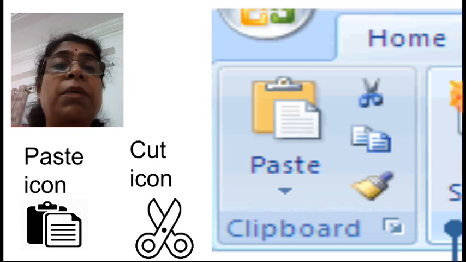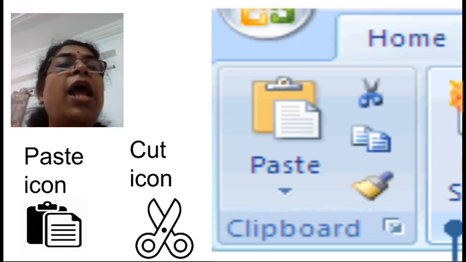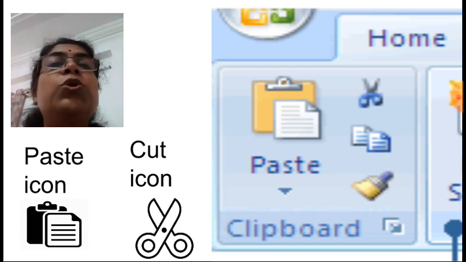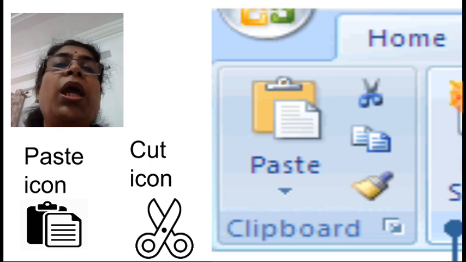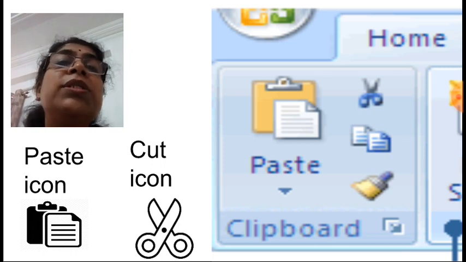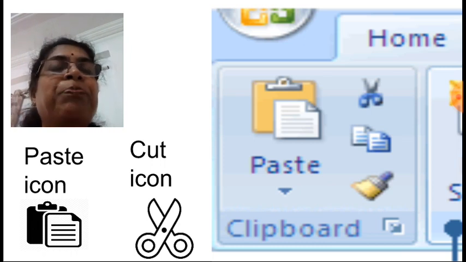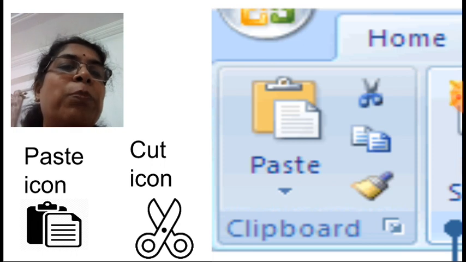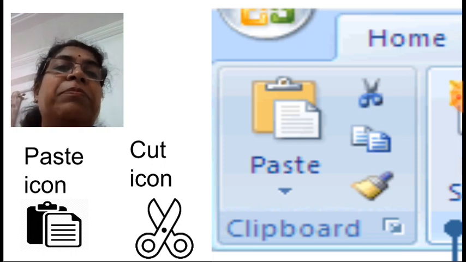Now suppose all this you have done, you have edited the text, and afterwards you want to move the text from one place to another. For this we are going to use the cut and paste options. They are located in the home tab, clipboard group. See the screen carefully.